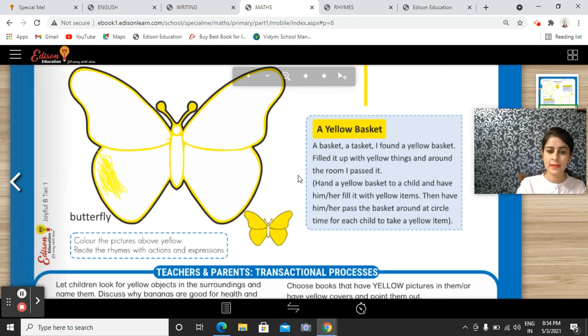Apart from this, yesterday you were given a task to learn myself. I hope you all have revised myself, you all have learnt myself. You all have to learn it on an everyday basis, and parents, make sure your child is not pressurized to learn all the 4 lines in a single go. Let them learn 2 lines, like my name is and I am a girl or boy. Then you move on to the next 2 lines, what's their age, and I study in Vedanta toddlers.